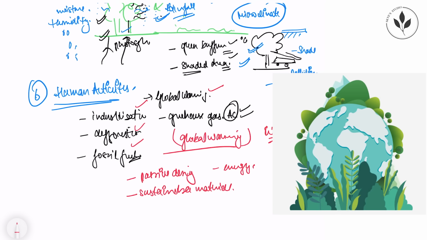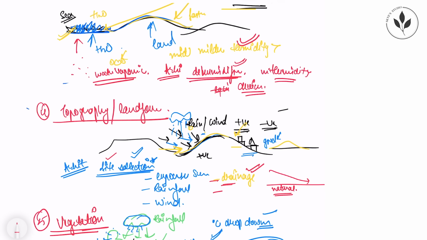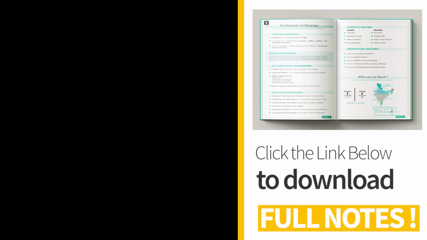Yeah, so these were all of the key climatic factors which affect the climate of a place. So human activities, vegetation, topography, distance from the sea, altitude and latitude, all these directly or indirectly affect the elements of the climate, which are temperature, humidity, and wind. These all are measurable and they vary from time to time, from place to place, but overall